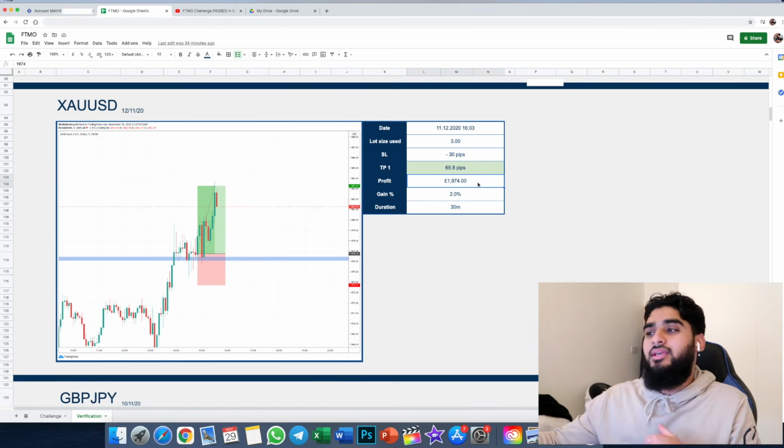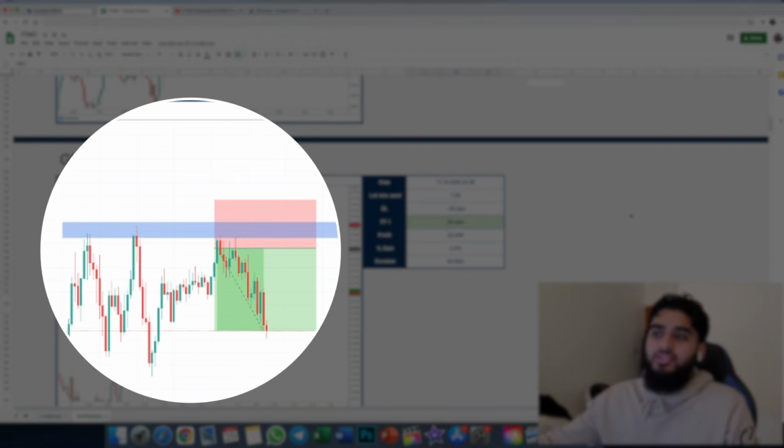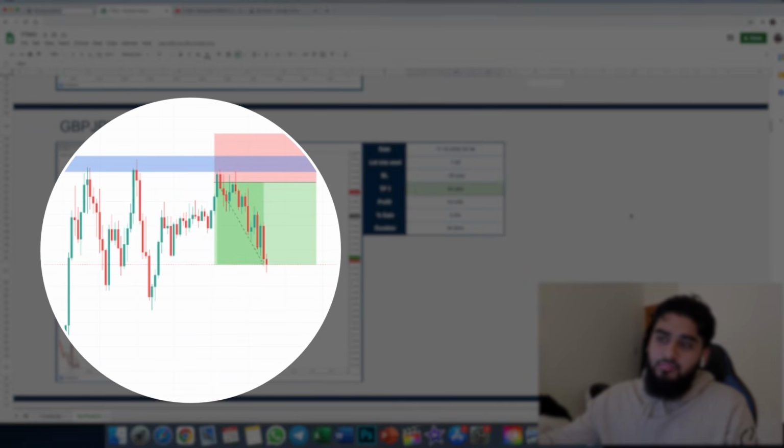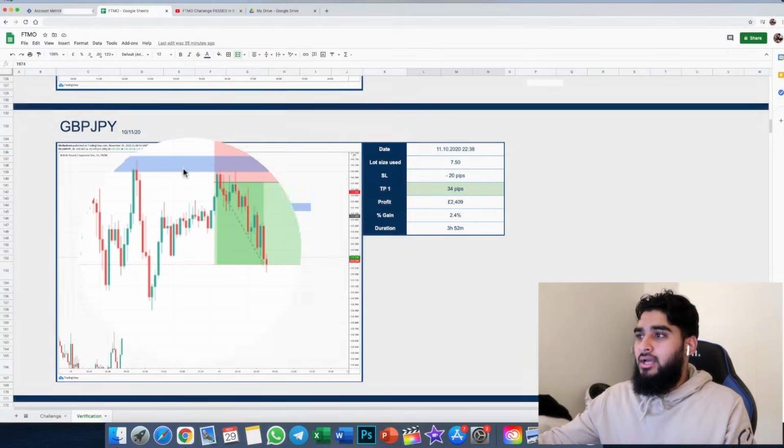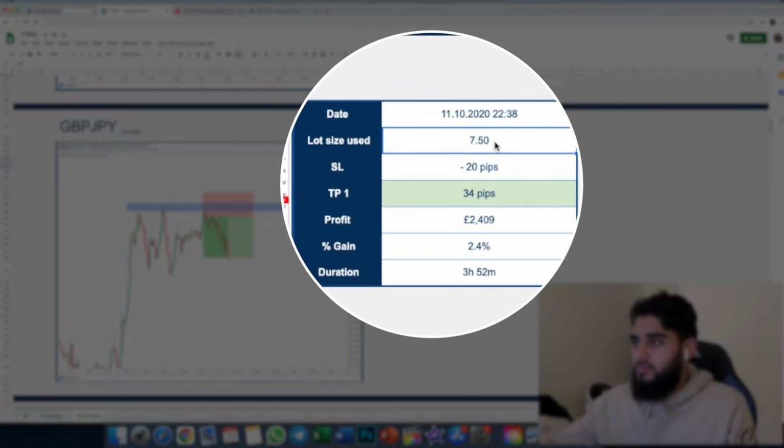I believe this was one of the trades which helped me go from negative to above that 100k mark. The second biggest trade that I had was GBP JPY, which was taken based off these previous highs alongside confluence from GBP USD and USD JPY, and of course DXY itself as well. This trade was taken on a total of 7.5 lots, so I was risking slightly more on this trade. Stop loss was about 20 pips.